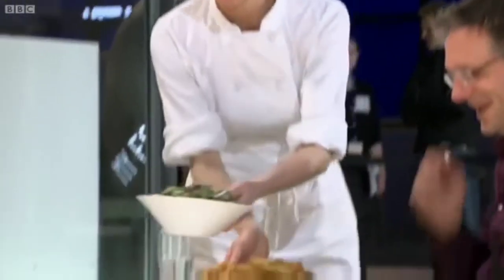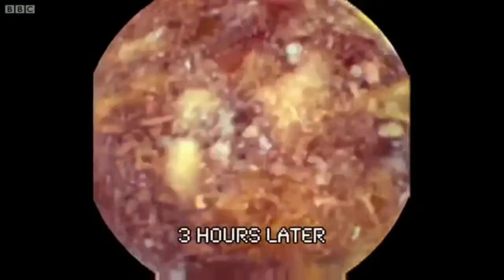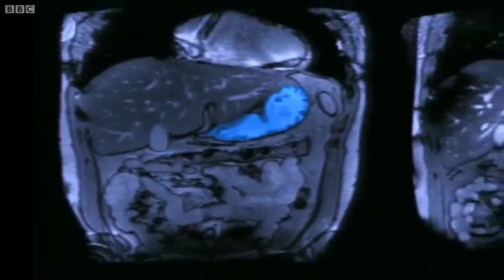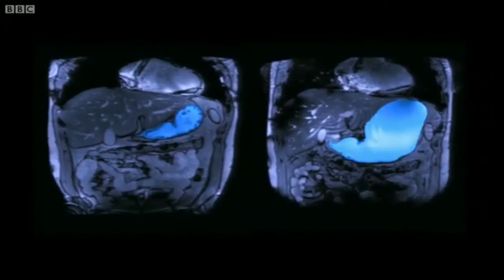I'm going to test the powers of my digestive system by feeding it a substantial meal. With a big meal of steak and chips inside me, my stomach has expanded. The average human stomach can expand from the size of a small apple when it's empty to about 2 litres when full. The camera has now been travelling inside me for over 4 hours and embarked on the longest part